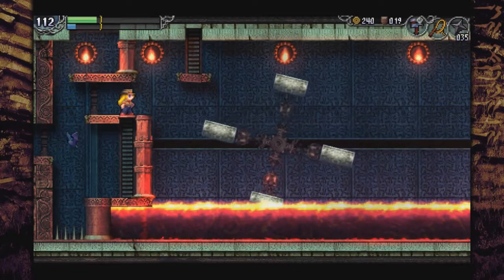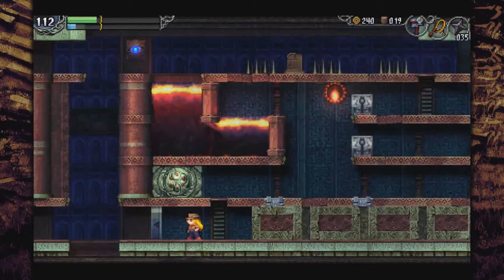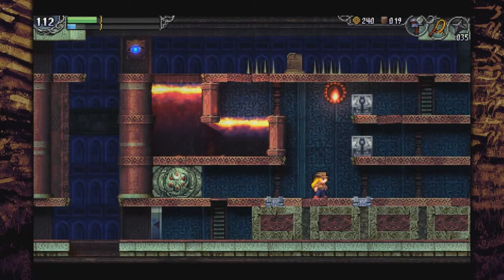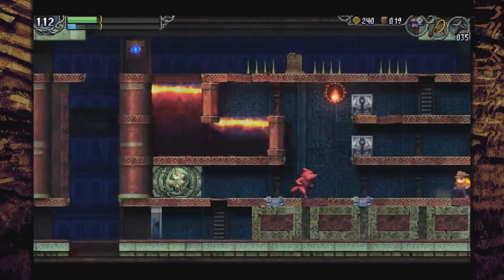You may remember this room, but I am not jumping onto the wheel. I am climbing this ladder, because it brings me here. And it just occurred to me that I think I know how to solve this room now, because I didn't realize that that ladder went there. So the problem that we had...